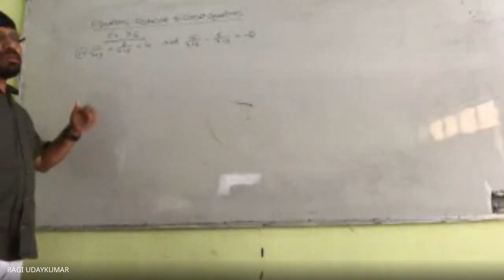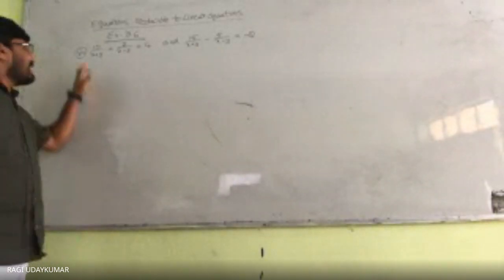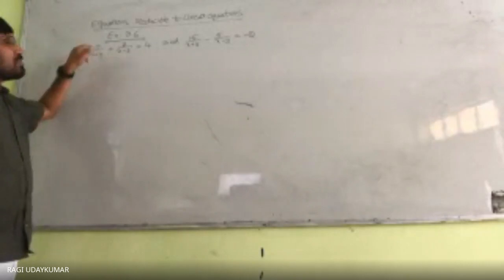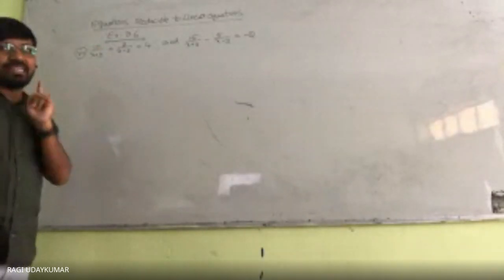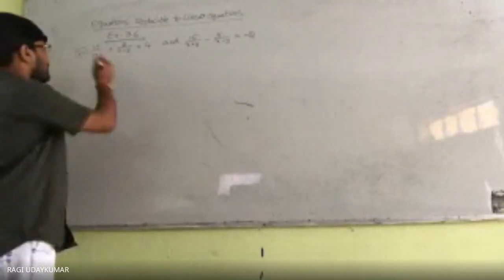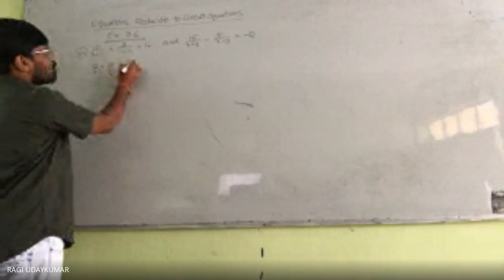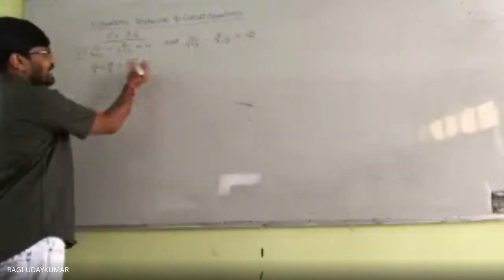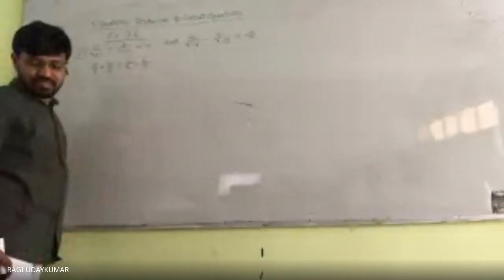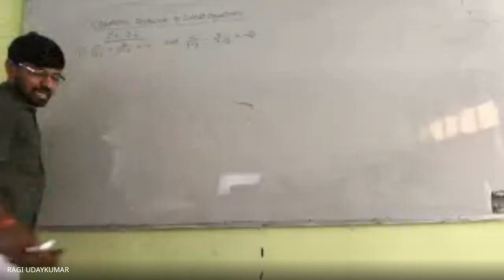In the previous problem we split it. Some students, in confusion, write here also like 10 by x plus 10 by y, which is wrong. Many people wrongly write 10 by x plus 10 by y and 2 by x minus 2 by y, taking it like the previous problem. Can you write like that? No, sir, you cannot write like that. This is a completely wrong way of consideration.